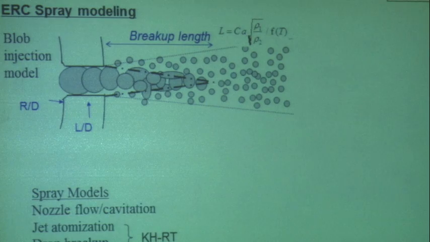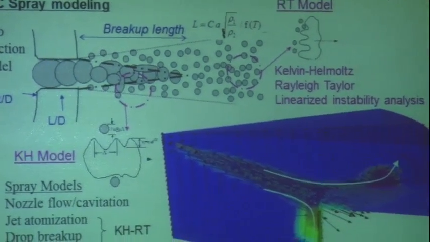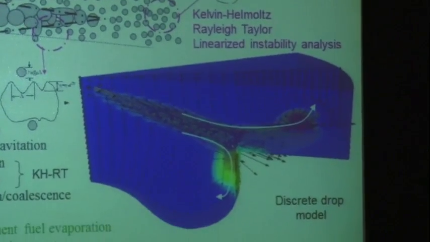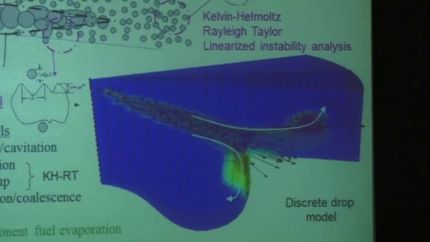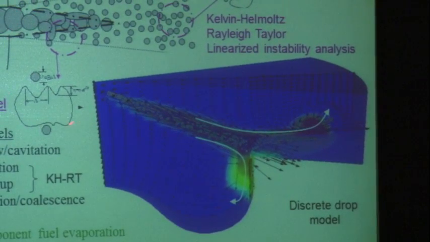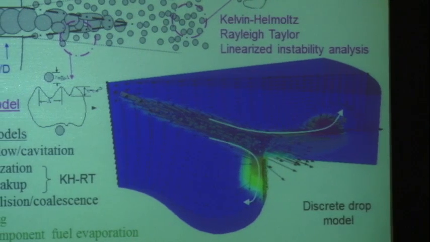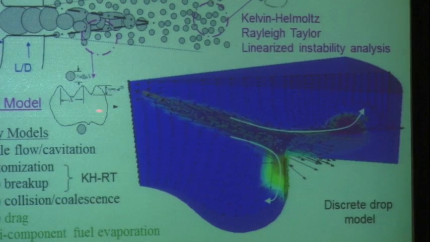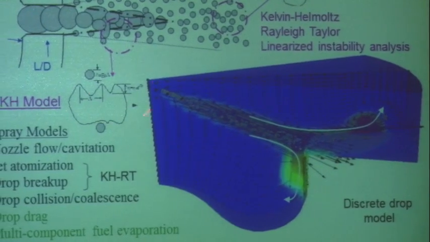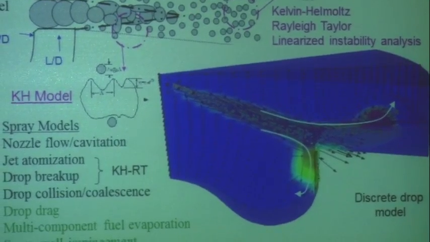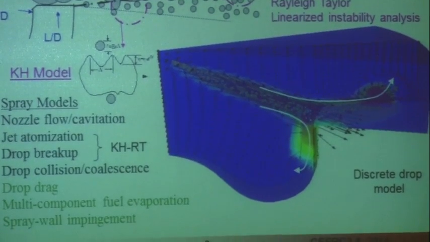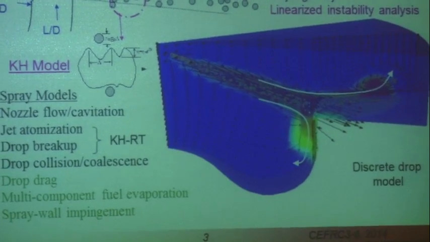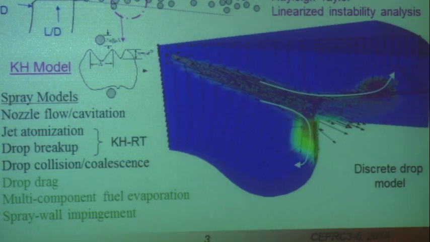So that's the blob injection model. In a certain region, remember we discussed the breakup length. We know that we'll have primarily injected fluid, continuous fluid, if you like. Here we use the Kelvin-Helmholtz model to look at the wave development on each of those blobs. And downstream of this, where we expect the liquid core to end, and we would have